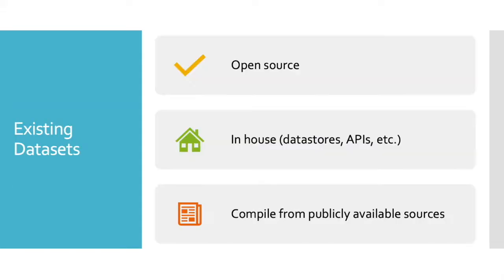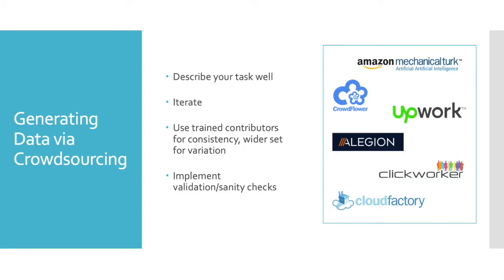features to your models. Now, if you are training a model, first check to see if there are any existing data sets available. There are a lot of open source data sets from academia that you could use at least as a starting point. You may also have data within your organization that you may want to use, or you may be able to scrape data from a website or another publicly available source. So try to see if you have data available, but if not, don't hesitate to generate a new data set